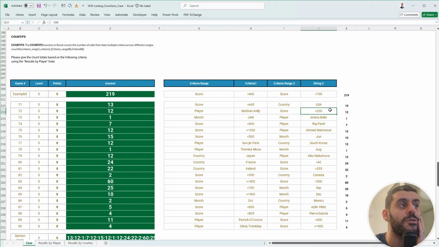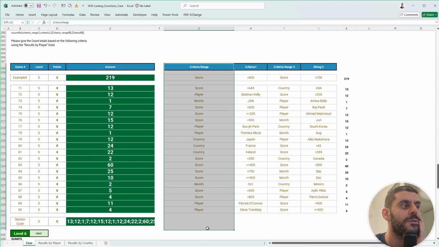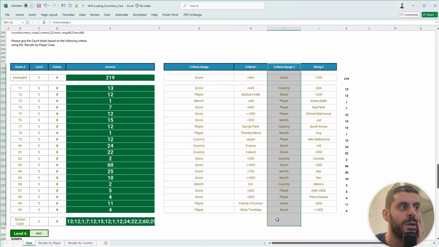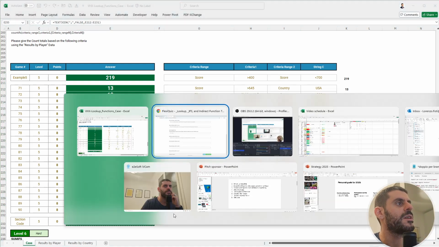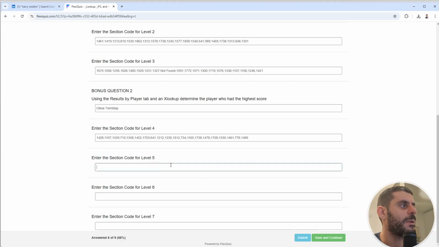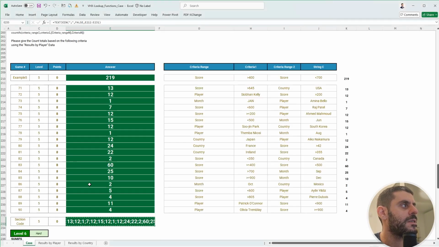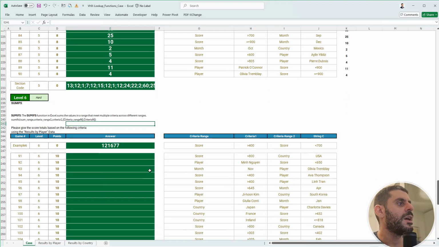Then score. Of course, this works because we always have two criteria. Otherwise, it would be a mess. But very strong example here from Harry. So thumbs up for this example. Very powerful, very dynamic. And so that's it. Level 6, same logic, but as a SUMIFS. So